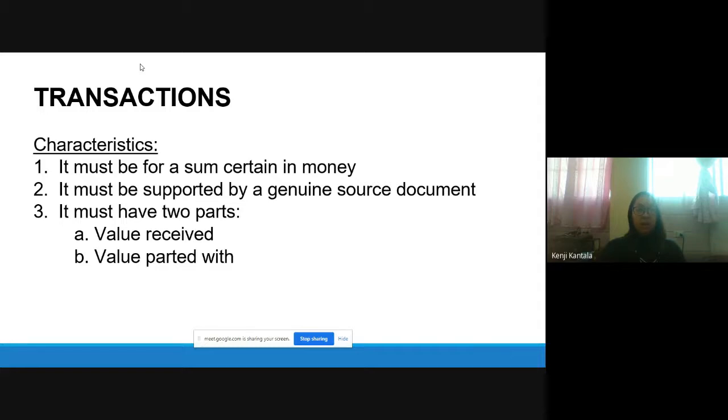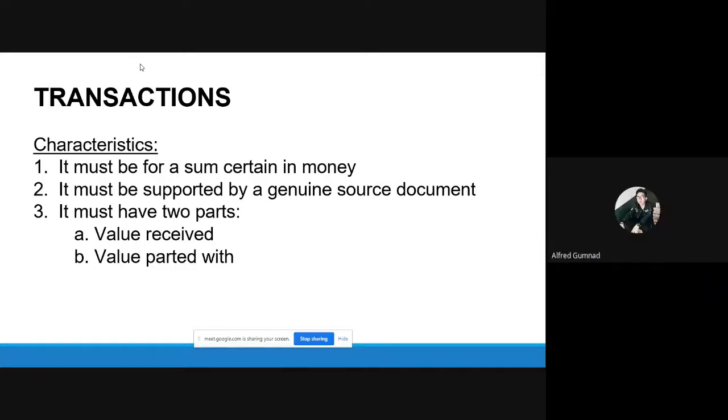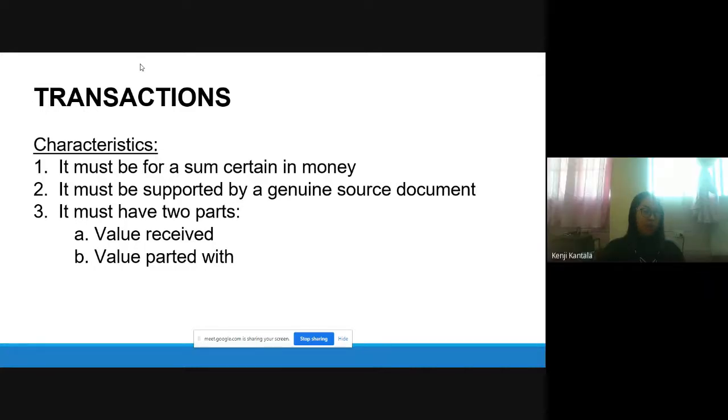Kahit na napag-usapan nyo na ganito ang magiging sahod mo, still there is no money involved in that certain event. So it is not yet considered a transaction. Magiging transaction lang siya later on kapag binigay mo na yung sahod niya. So by the time na binigay mo yung sahod niya, may money involved na, then that is already recordable. Okay? So far, nakakasunod? Okay, I'll take that as a yes.